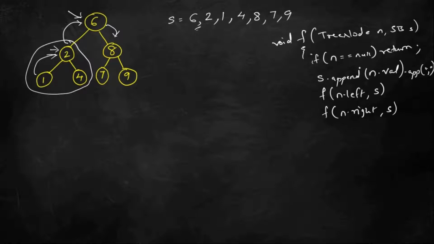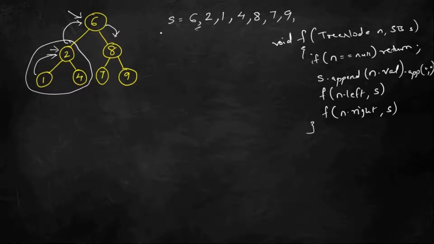So basically I am appending to the string the current node's value and then a comma, and then again I am calling in a recursive manner the same function passing the left and right. Okay, so this will be my recursive function to build the string. So here, if you see, we are always appending a comma, so as per this function at the end of this 9 there will be a comma as well, which is fine, we can take care of that when we are again rebuilding the tree node.